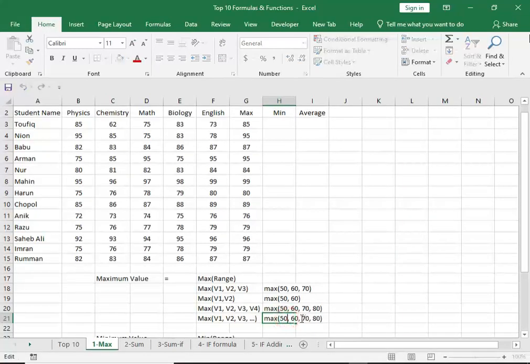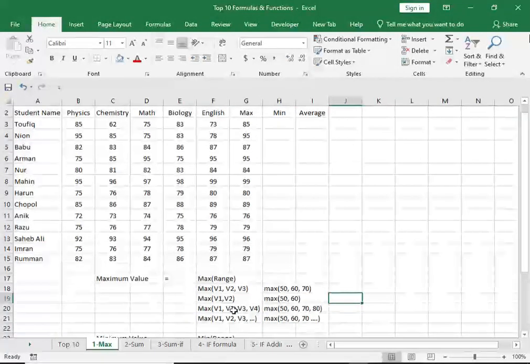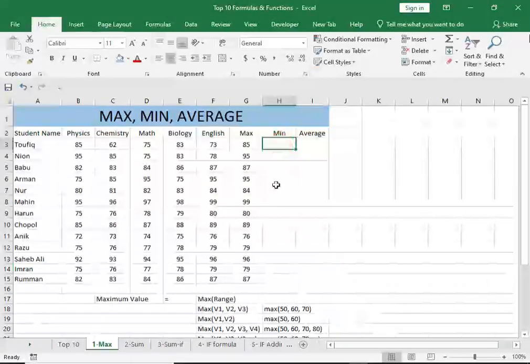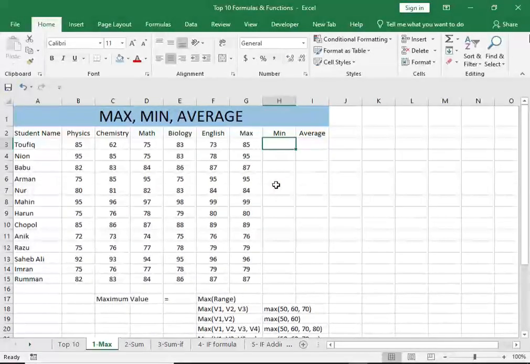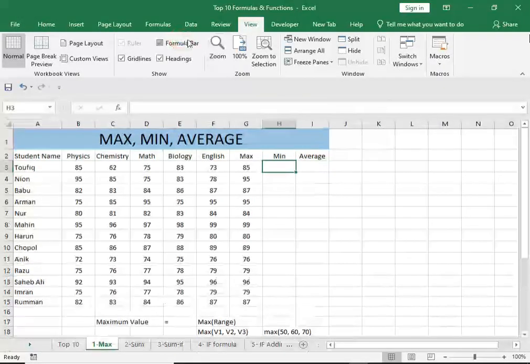In general we can use a continued process like this. Another function is the minimum value. We can identify the minimum value as well, because